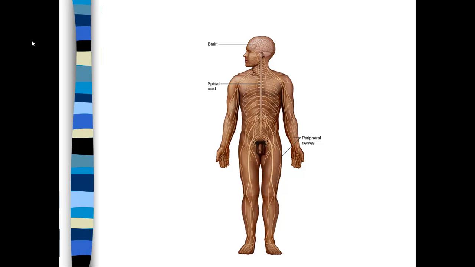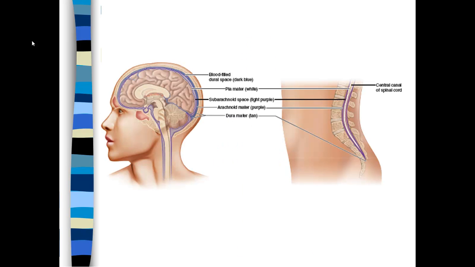Okay, and so here's your nervous system. You've got your brain and your spinal cord, which are your central nervous system, and then you have your peripheral nerves, which is your peripheral nervous system. If you look at the brain and spinal cord themselves, then the